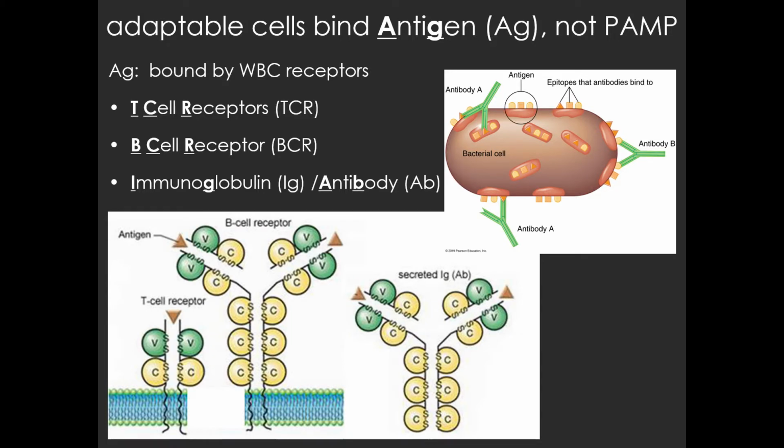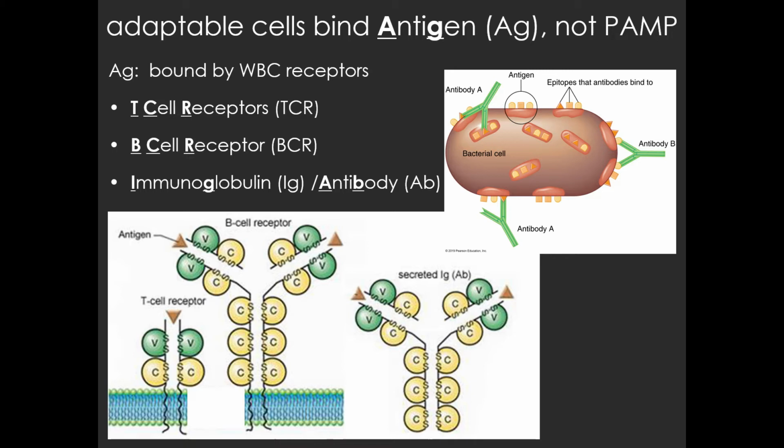Before we go any further, let's just make clear the distinction between what's going on in the immune system and what was going on in the innate system when we talk about binding a pathogen. You'll remember from chapter 16 that phagocytes, macrophages, and dendritic cells are capable of binding pathogens with a molecule, a receptor on their surface called a pattern recognition receptor, a PRR. Some of them are called toll-like receptors. So the PRR and the TLR are located on the macrophage or dendritic cell,